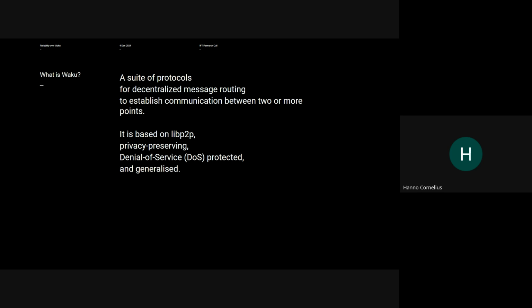Right? And some features of Waku that will be important later on is to say that it is based on peer-to-peer. So we built on the peer-to-peer protocol stack. We focus on privacy preservation. We are DOS protected based on RLN, which I think you'll be relieved I won't be talking about today. And we focus on generalized communication. That's just to say Waku is not an application. It's also not aimed only at one type of application, but any communication component of any application could, in theory, be decentralized over Waku, right?